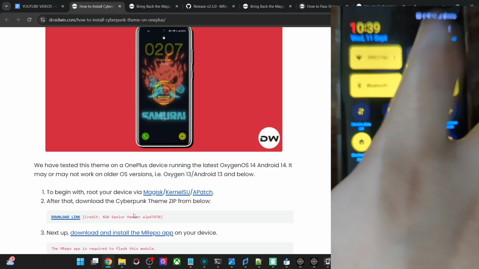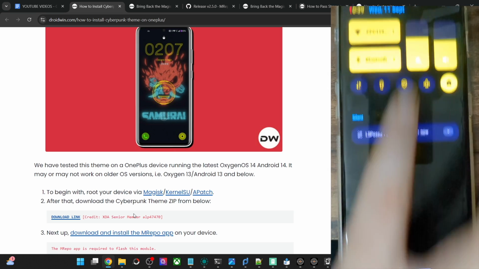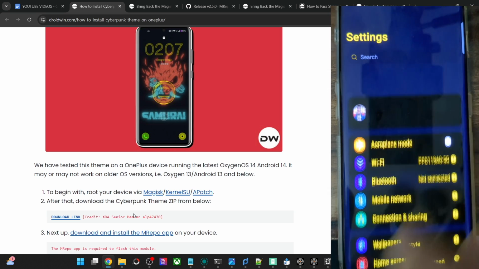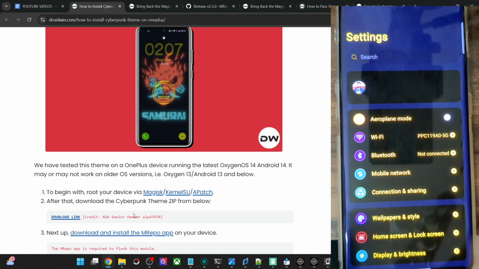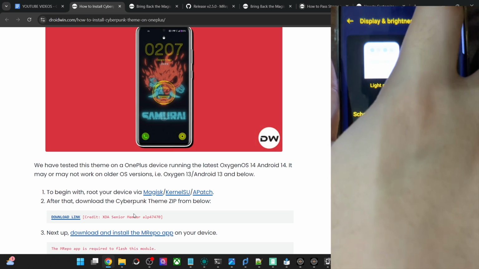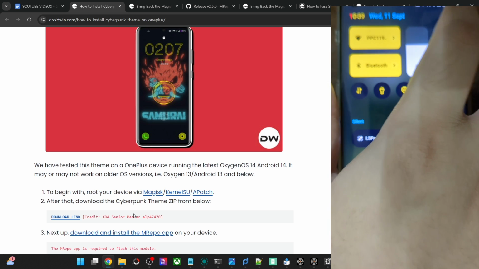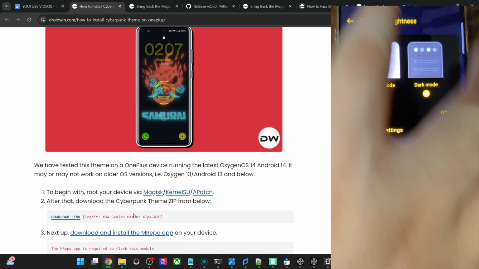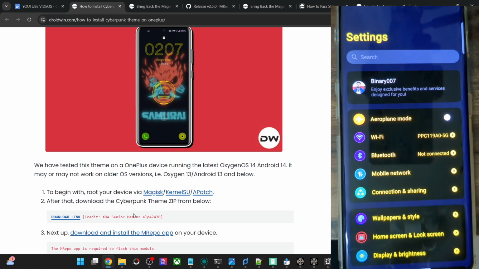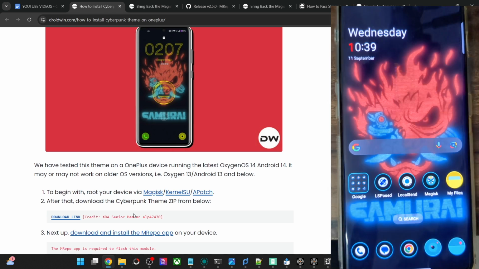First off, you will not see the settings icon. It's there, but it has been hidden, as you could see. And secondly, on the home page, your name will not be shown here. So that is why it's recommended to use the dark mode. In the dark mode, although these are white in color, you will see the settings icon at the top right. Likewise, your name will also be shown here, as you could see now. So that is why I always use the dark mode with this wallpaper and with this theme.